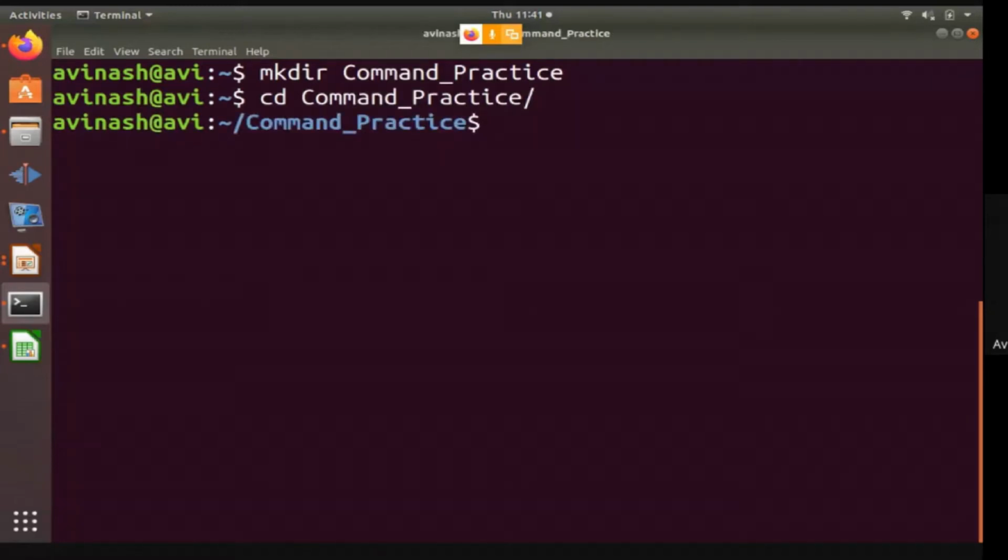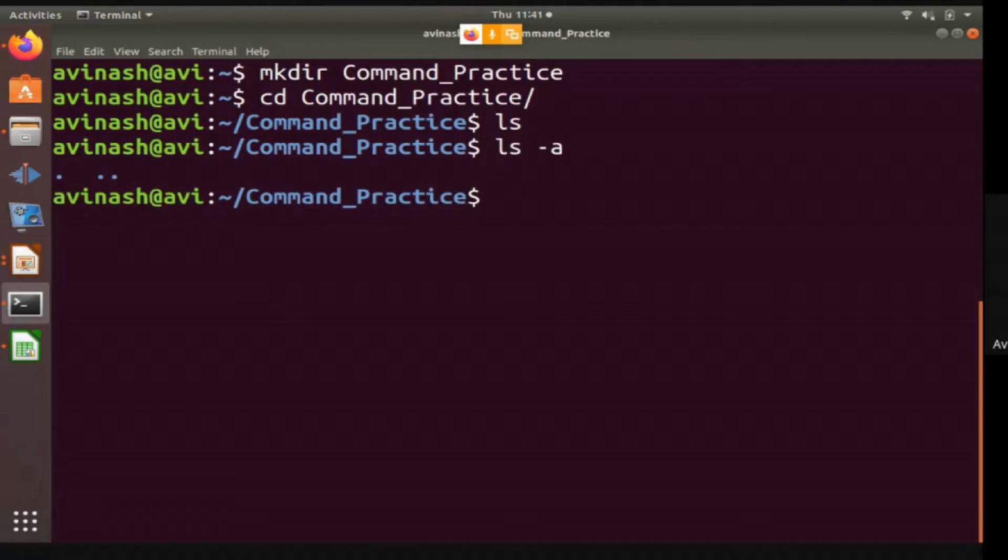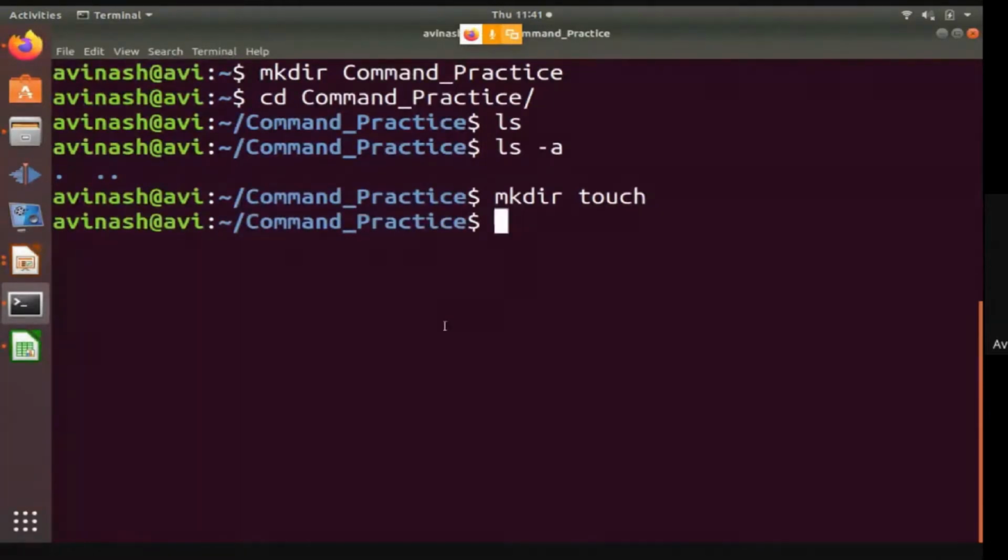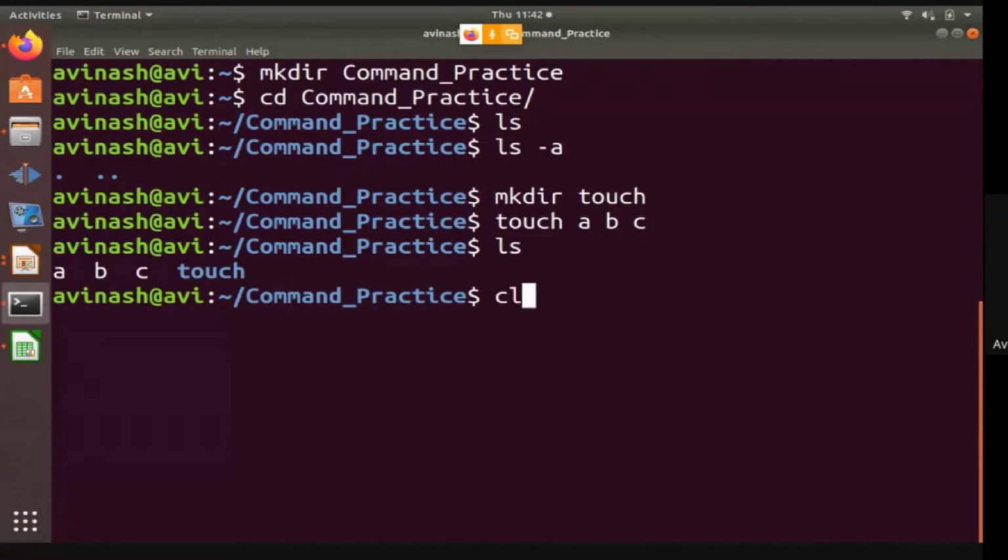Now we are in this directory. Here if I type ls, or ls minus a, there are no files as of now, so it is not showing any list of files. Let me create one directory here, mkdir, say touch, and one file, say touch abc.